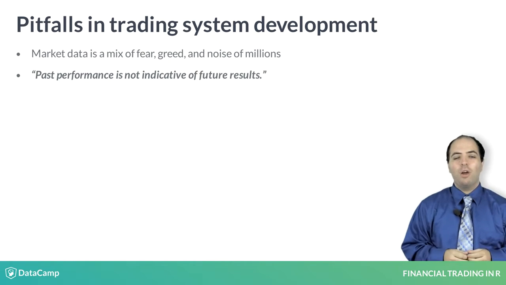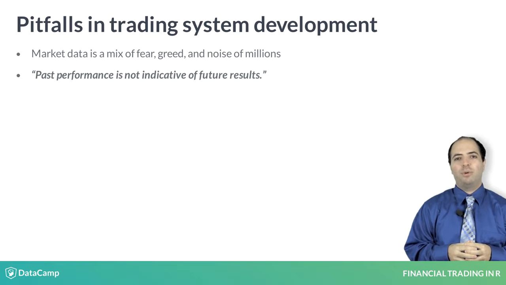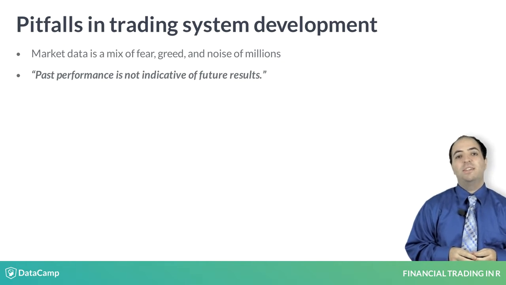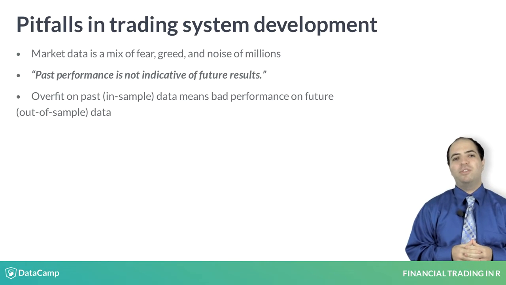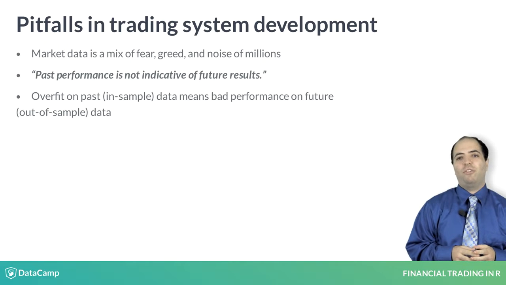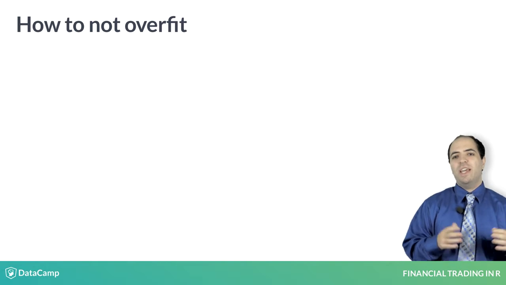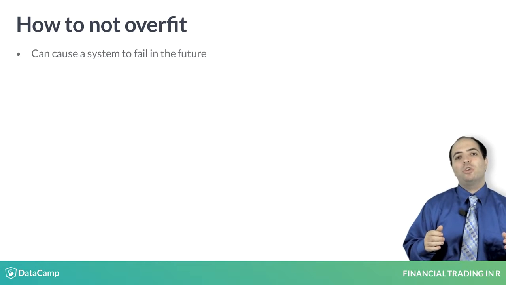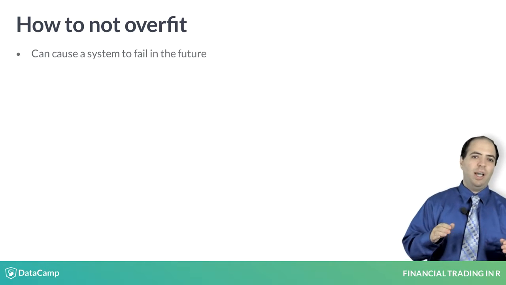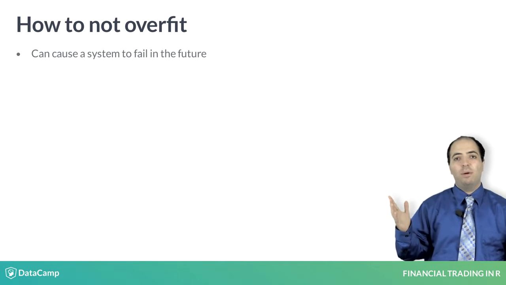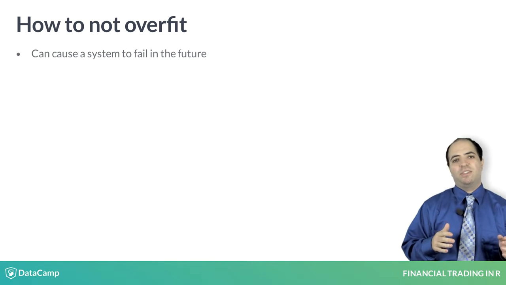future results. While there's a temptation to try and create trading strategies that have wonderful performance on past data, also known as in-sample data, there have been numerous studies showing that when too much effort is placed into this activity, the system fails going forward on unseen data, or what is more formally referred to as out-of-sample data. This is more commonly known as overfitting, which is the act of trying to tailor a backtest to look as good as possible, smoothest line, highest profit, whatever the criteria may be, rather than seeing a backtest as an evaluation